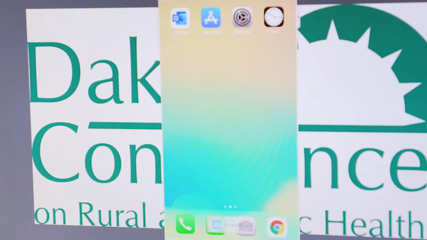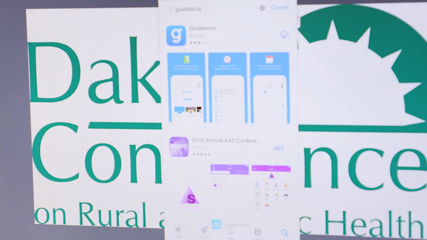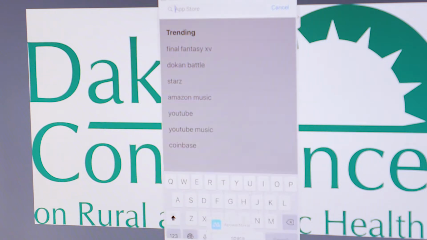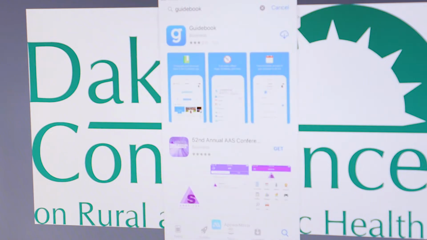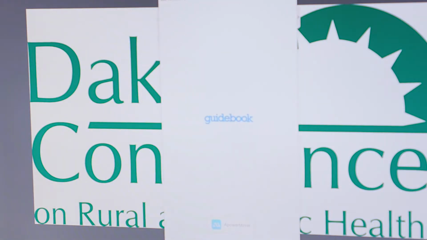What we're showing you today is basically my iPhone screen on this screen right here. So everything that you're seeing is me doing it on my phone. If you have an iPhone, you're going to go to the App Store, or if you have an Android, you're going to go to the Google Play Store, and you're going to search guidebook. Normally it would say get, but I've downloaded it before, so you're just going to see this little cloud. You just click on that and you'll see that it's downloading, and then you hit open and it'll take you to